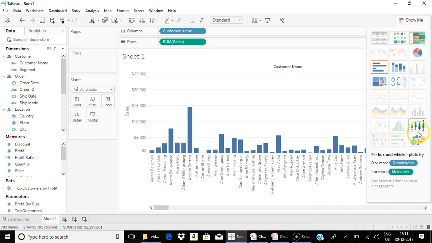So Show Me helps you to choose among these basic visualizations. These are the basic visualizations that are readily available in Tableau, where you can directly select from Show Me and create your graphs. For this combination, that is, to show the sales of each customer, I can choose any of these highlighted graphs. That is the text table or highlighted tables, or I can go for a pie, or a bar, or even the packed bubbles. Show Me helps any new developer to choose the visualization based on the requirements.